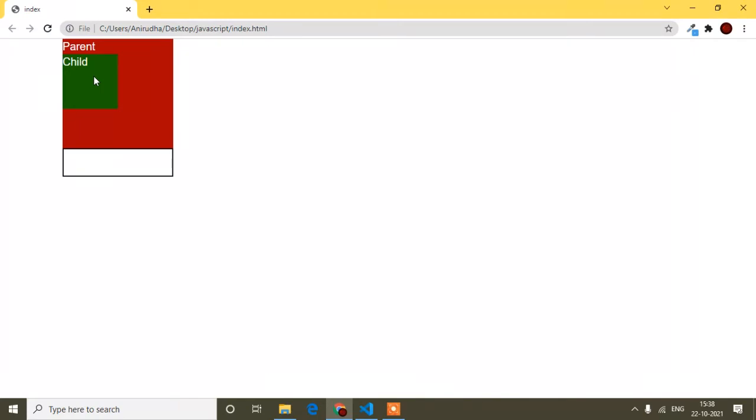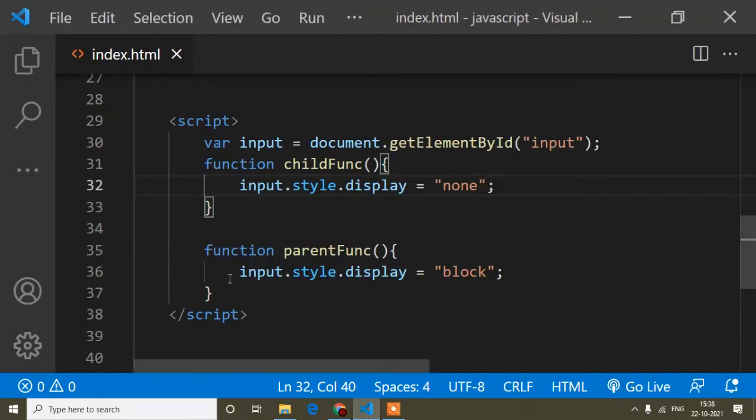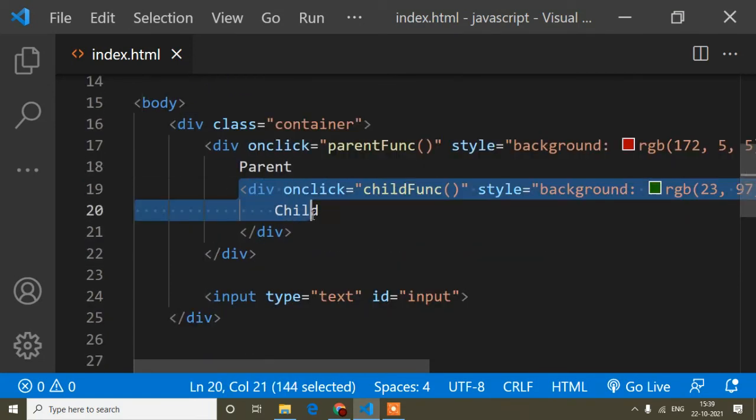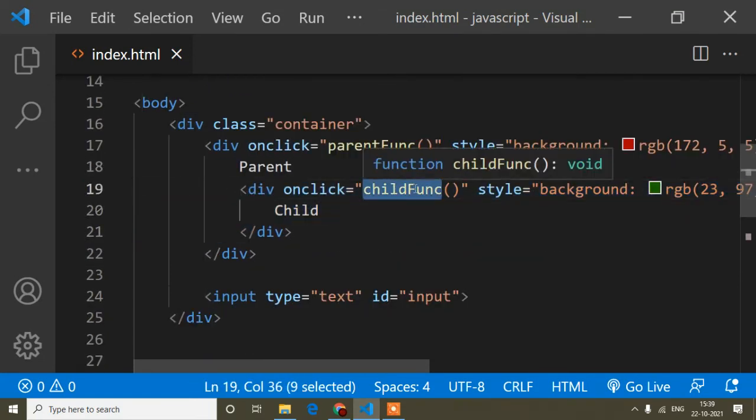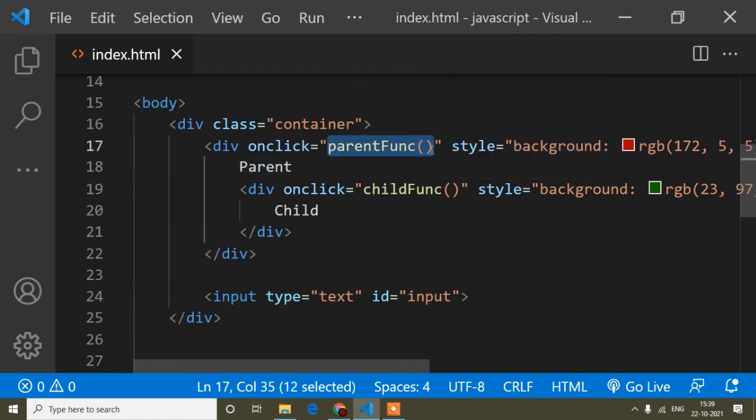Now it's coming to stop propagation or event bubbling. Understand carefully: when I click this child div, the input is hidden, because here I have written that when I click here, the input will be hidden. But when I click this child div, it automatically also accesses this parent function.